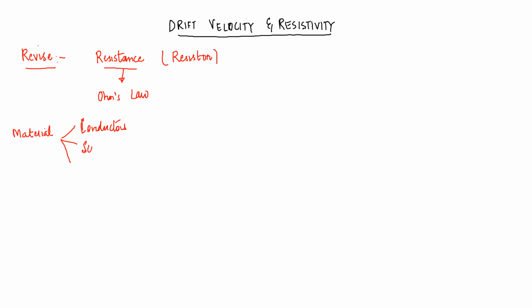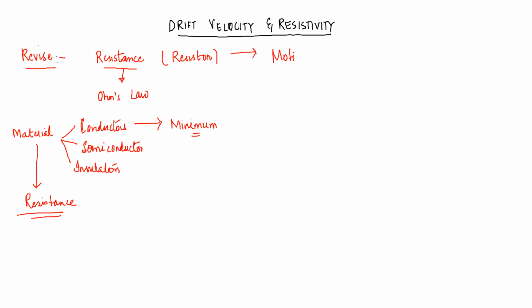the second one is semiconductors, and the third one is insulators. So here it depends upon the resistance they are providing. We have seen that conductors provide the minimum resistance. Now, resistance is provided to the motion of electrons or charged particles